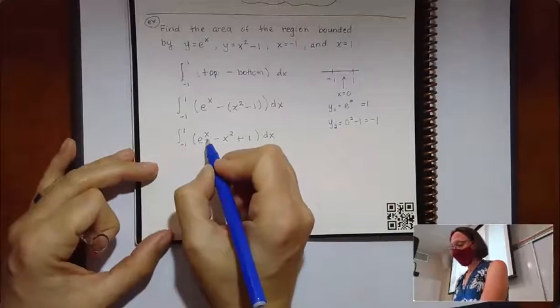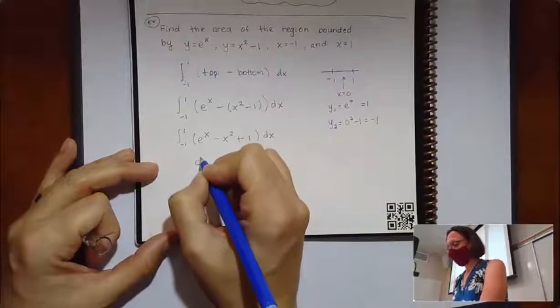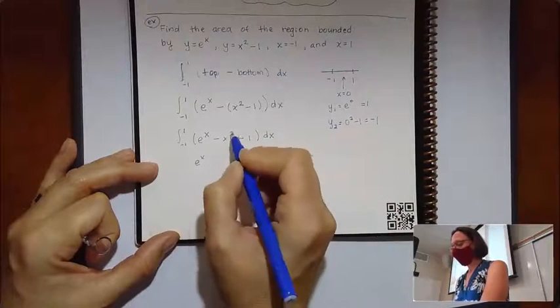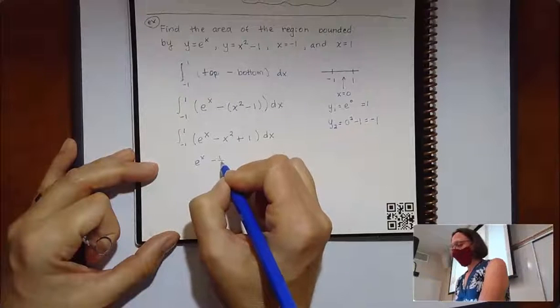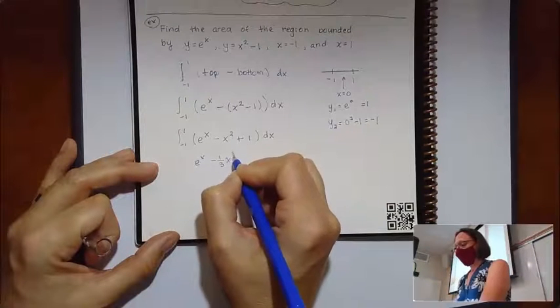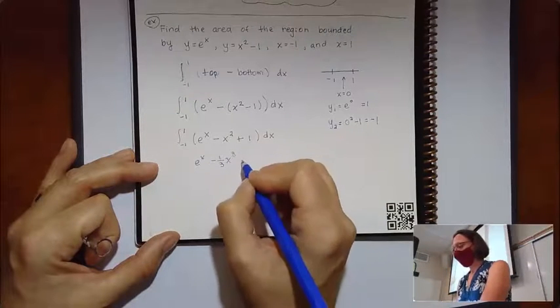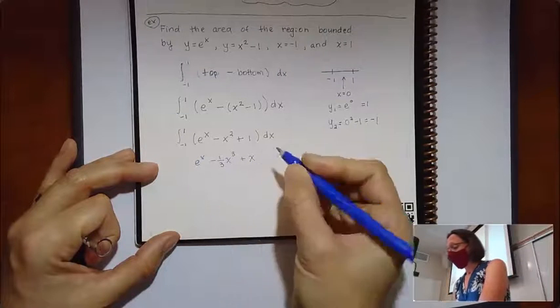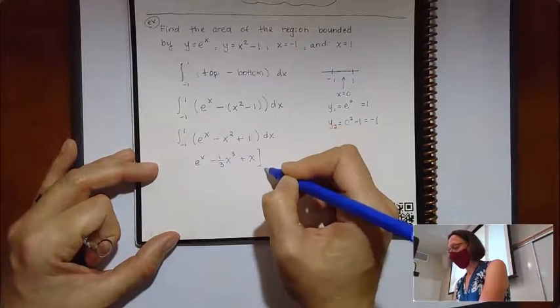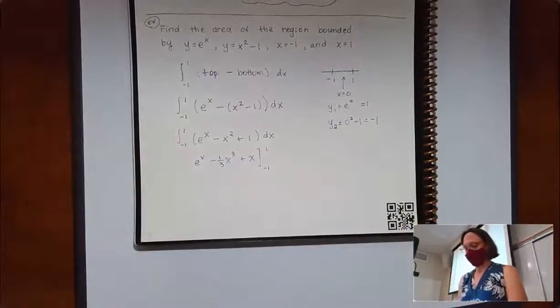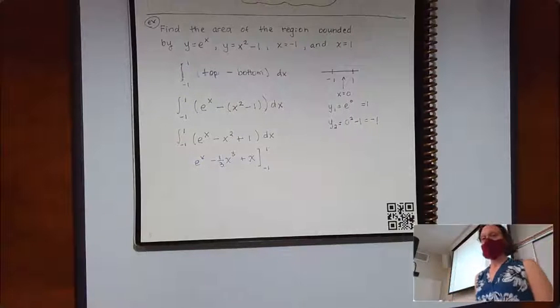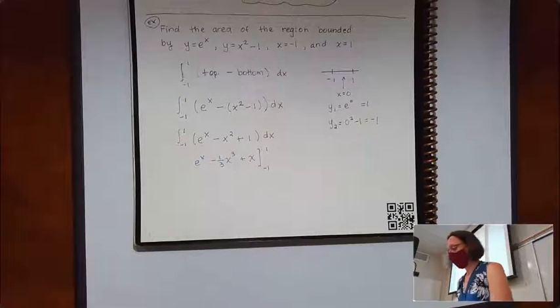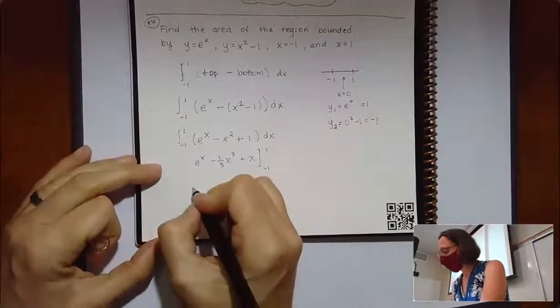So the antiderivative for e to the x is e to the x. Antiderivative for negative x squared, it's going to be negative 1/3 x cubed. And the antiderivative for 1 would be x. The next piece is that I'll evaluate this at our endpoints. We're always going to do that top piece minus the bottom piece. So when I plug in 1, I'll have e to the 1